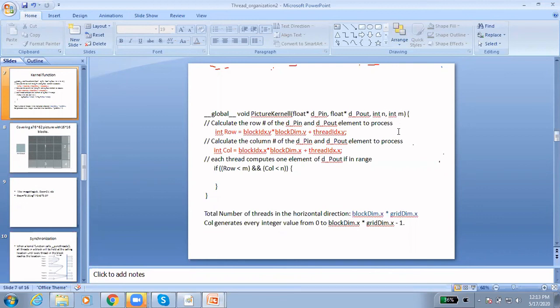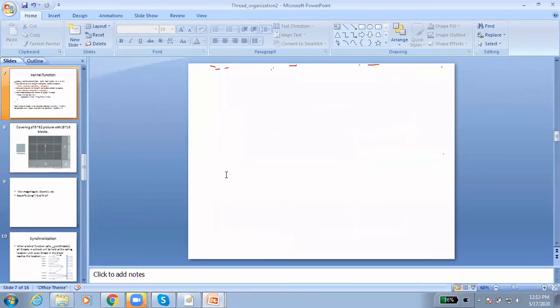In n and m, we have the number of pixels in the x direction and the number of pixels in the y direction. So here we are just checking whether the thread index is within the range or not. If it is within the range, we are able to access the data. Okay. Any other question?